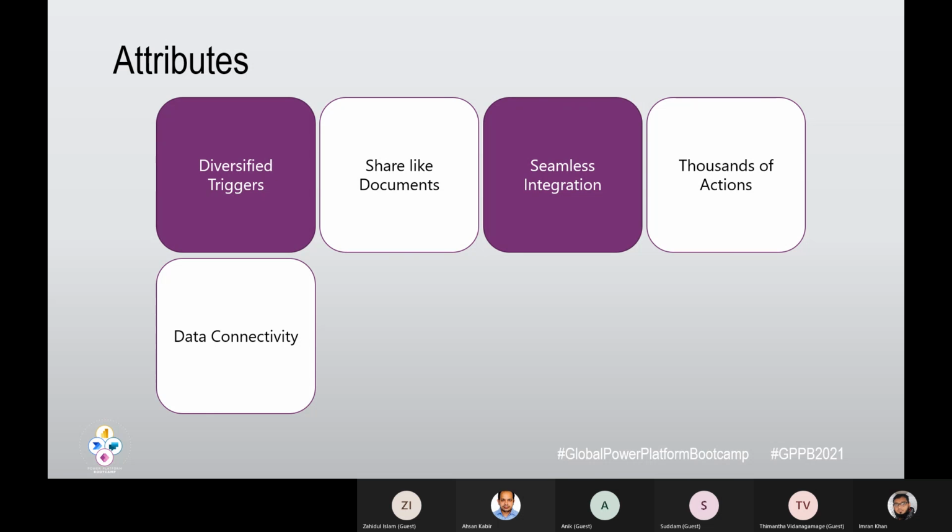Next is data connectivity. Whatever we are doing, we always need data to save for a long time or a short time. So with Power Automate or Microsoft Flow, as we say, they provide us a simple and secure way to connect data. There are simple connectivity facilities there. We already know that. And the next one is